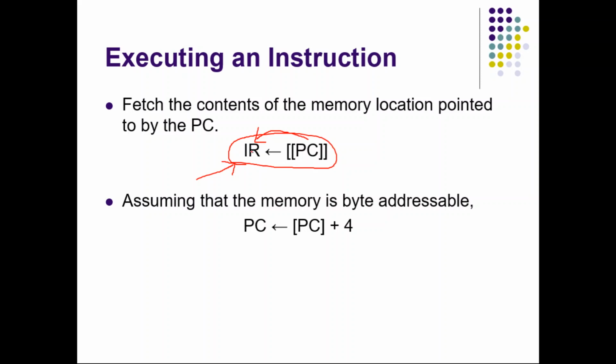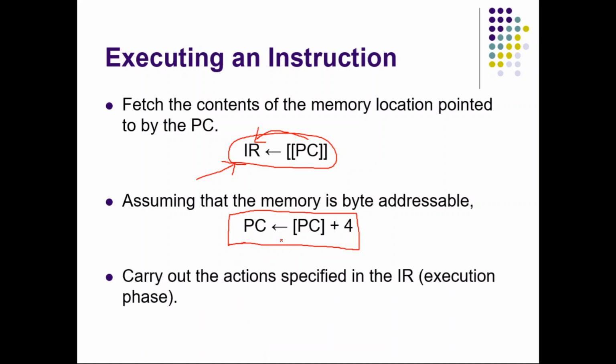After executing the instruction, or during the execution of the current instruction itself, PC will get incremented. Assuming that each instruction occupies 32 bits, that is the word size of the computer as 4 bytes, then PC will be incremented by 4. The content of whatever PC points to refers to an instruction, and that is loaded into IR, and again the program counter will get incremented by 4.